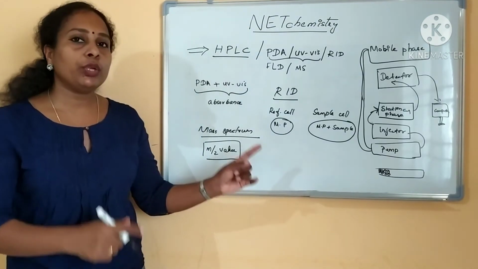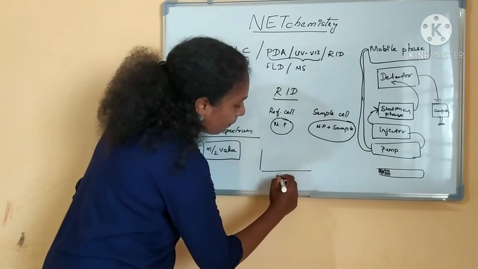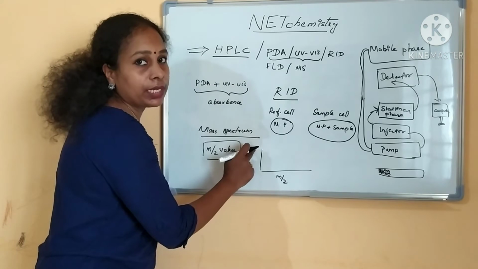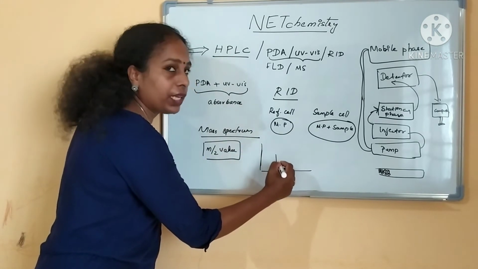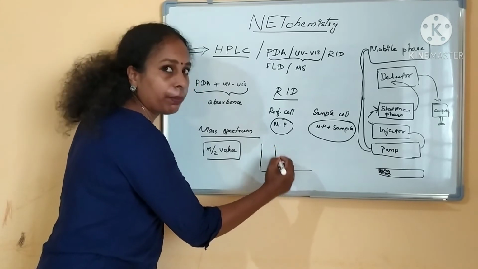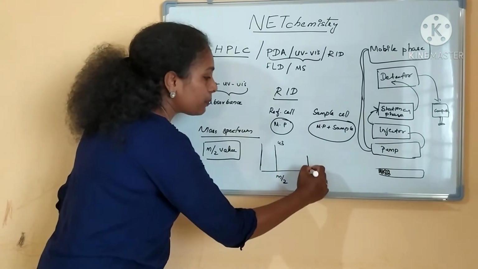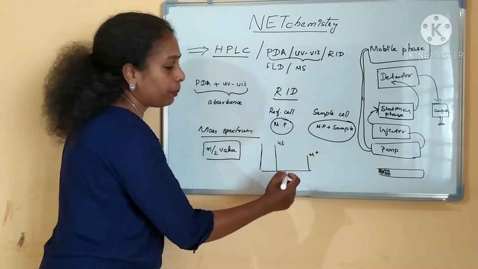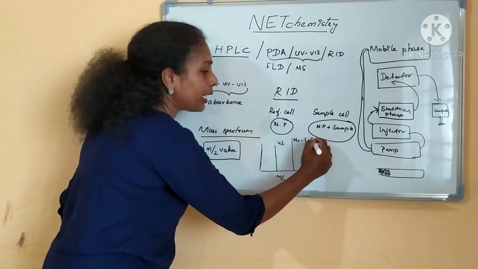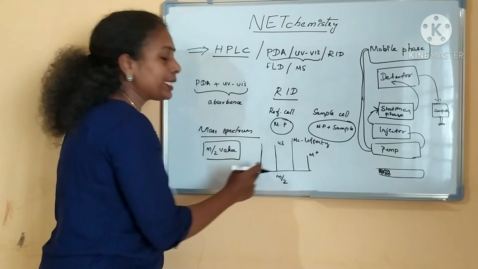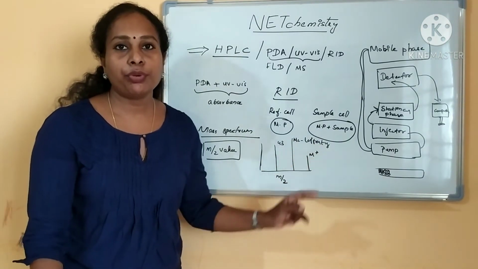Okay, how will it be? You will be getting a mass spectrum. The mass spectrum will be like this: M by Z against relative absorbance in this graph. So you will be having a base peak, right? One base peak will be there. Say 43 is the base peak, and the M plus peak, the molecular ion peak, will be there, and the McLafferty rearrangement peak. There are many peaks, right? This we have studied in theory, right? This is the way one mass spectrum you are going to get.